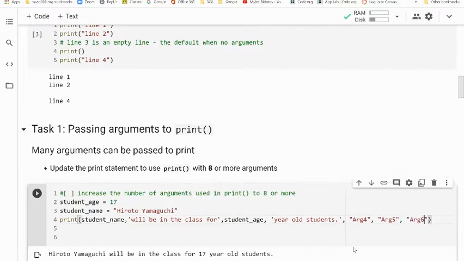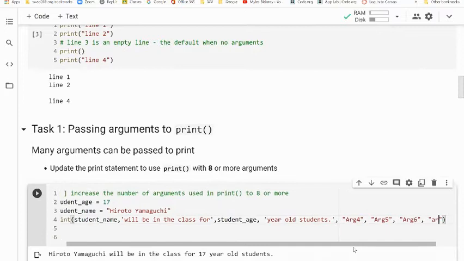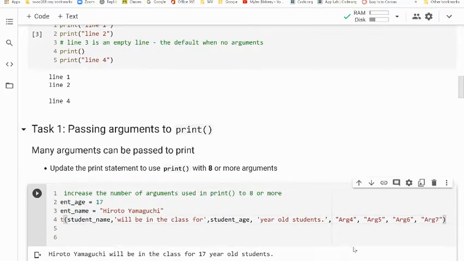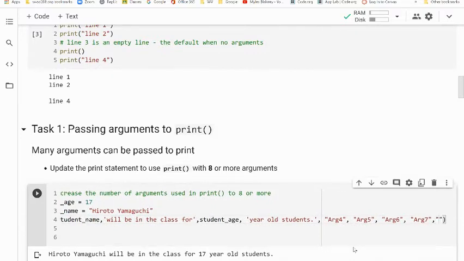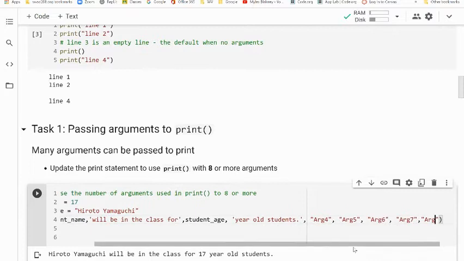And we have to separate each one with a comma. That is what an argument is. And argument 8. Okay. So a lot of times in these drills, these tasks,